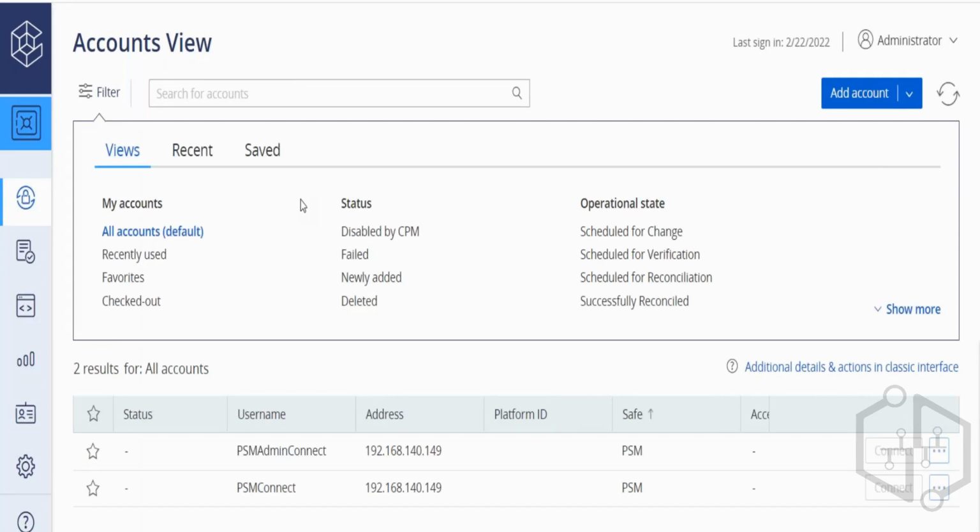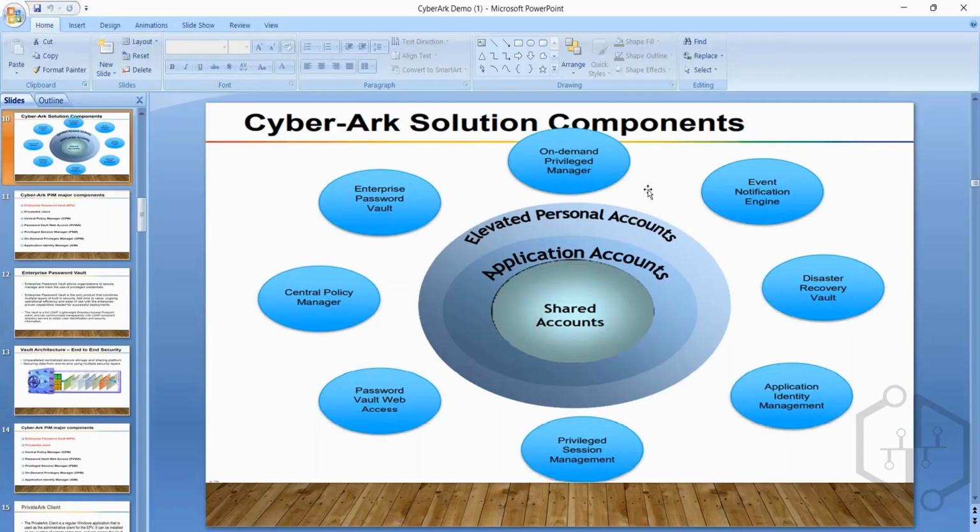The administrators can also do some admin-level jobs. So we will see more in detail once we approach this topic, PVWA. It's a very wide topic. I will tell you what the different things are that you can do with the PVWA. Then comes Privileged Session Management, or PSM. Okay, now we have seen here